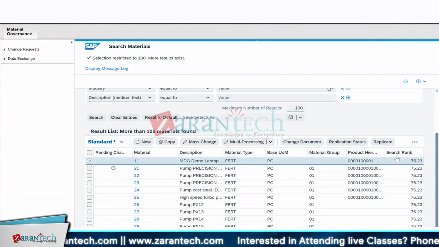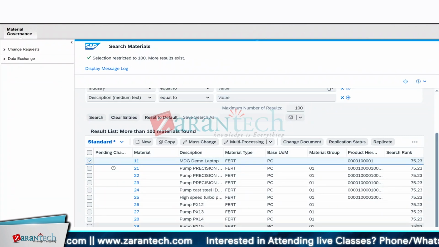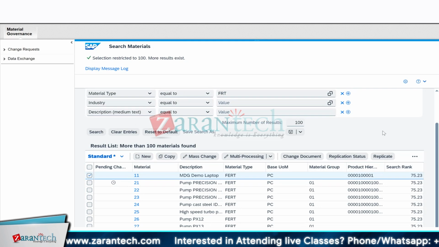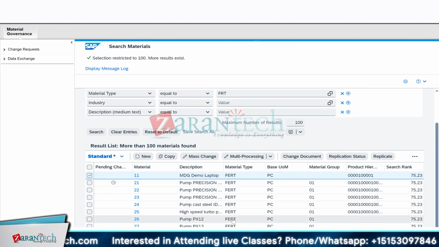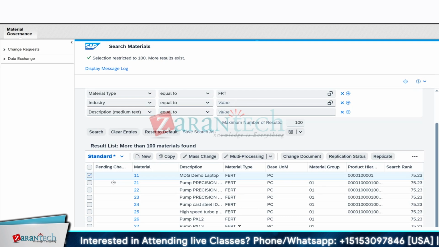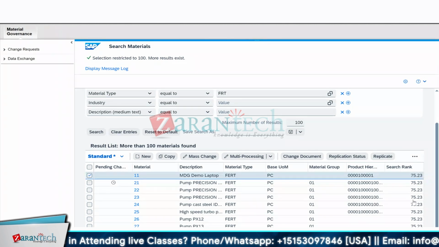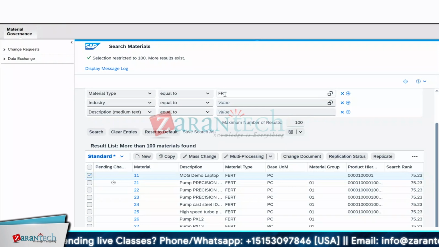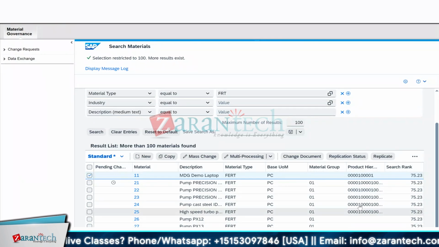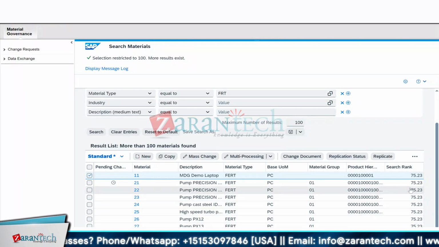The search rank this time is 75%, which means you are trying to search a material type with FRT, but there are some records with FERT, so there is a close match. That's why it is never 100%, but from your input criteria to the result, there is a matching. I'm saying this because when you are working on a customer project,